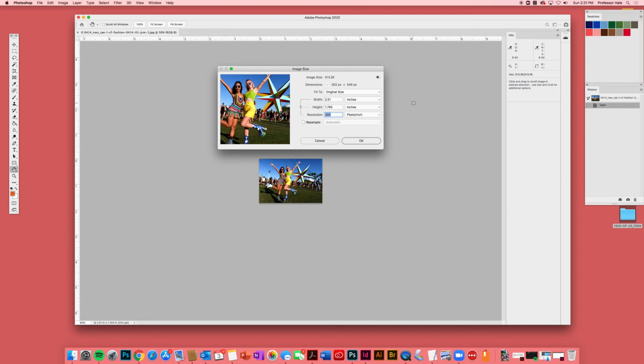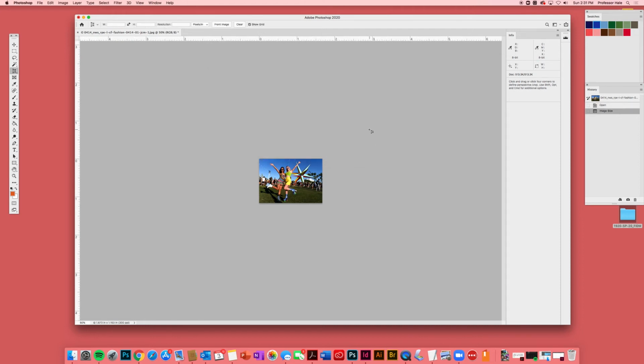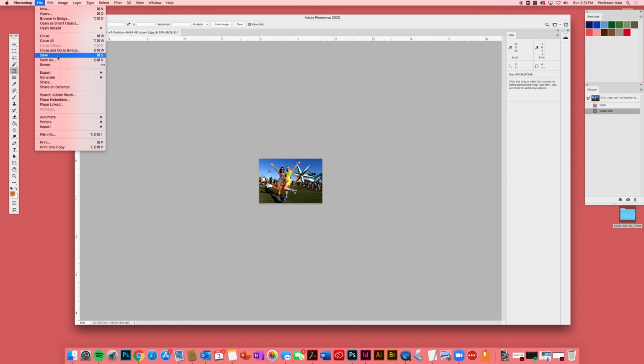And I want you to notice what happens as we change the resolution and go up in resolution. So I'm going to just type in 300. Notice the image got awfully small, right? So this means that this image can only be placed in our InDesign document at 100%, so that's about 1.5 inches by about 1 inch. So pretty tiny. So anyway, we're going to say OK,